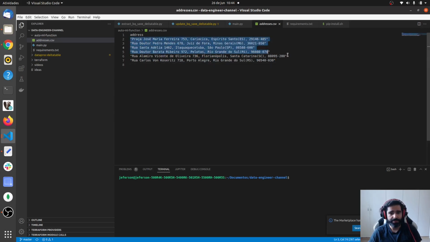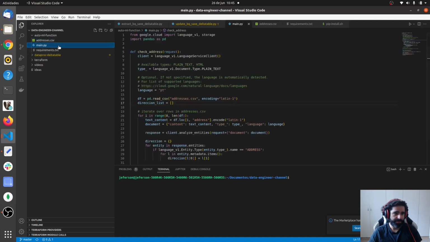I just picked some here, but it's in the format of a CSV file, but it could be a database. It could also be in a text format or any other format, but here we are working with CSV,